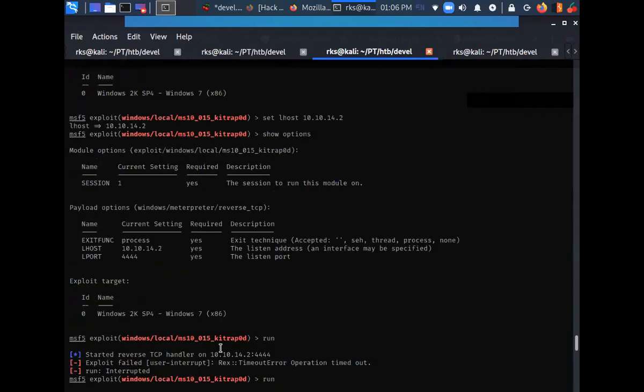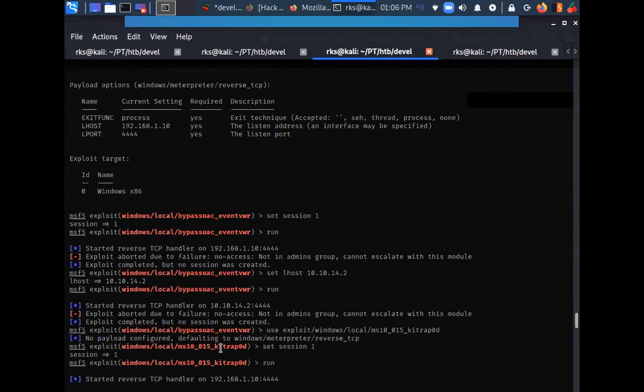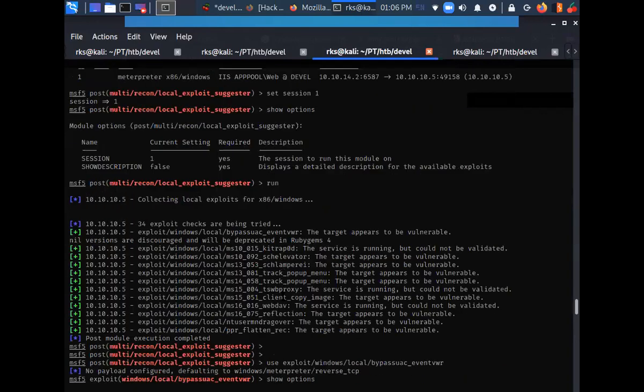So, okay, we are not supposed to give up. Although I already know the answer, what I'm trying to show you here is that your penetration testing stuff is full of errors. It is always going to be full of errors.